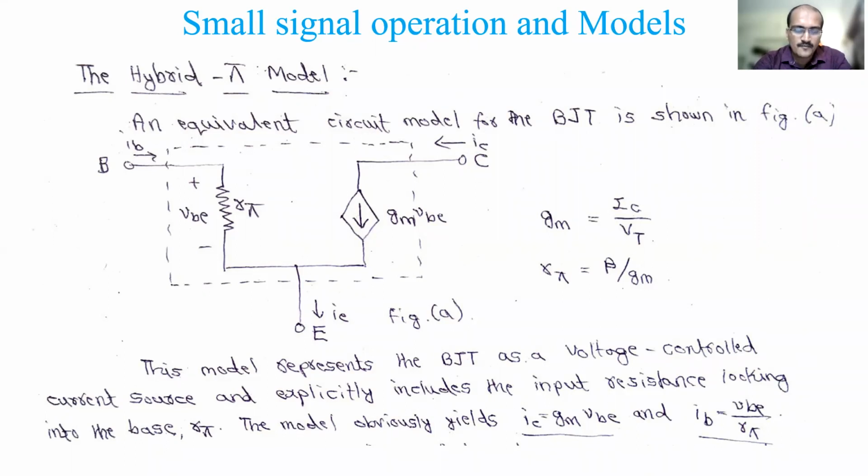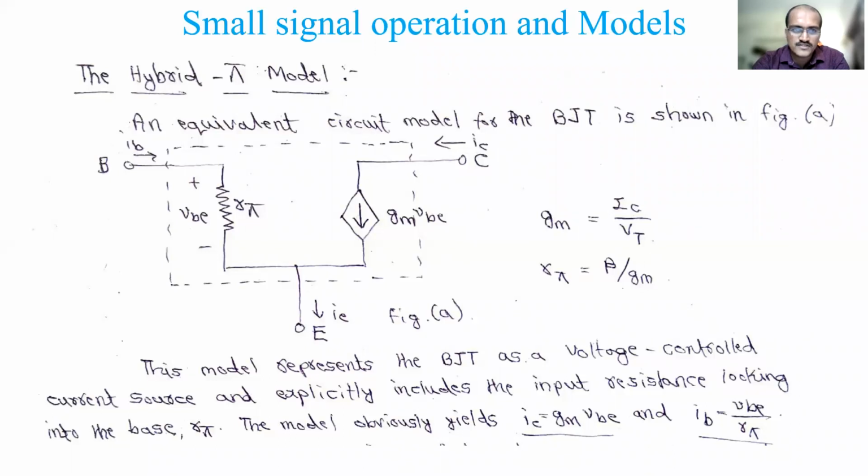But when a semiconductor device like MOSFET or BJT, FET, anything comes in, you need to have an equivalent model. Only then can you do the analysis very easily. And these models are approximate, not exact. There are different models: the re model, the hybrid phi model, the T model. But they are not all in your syllabus. Only the hybrid phi model is mentioned, and I will discuss that.